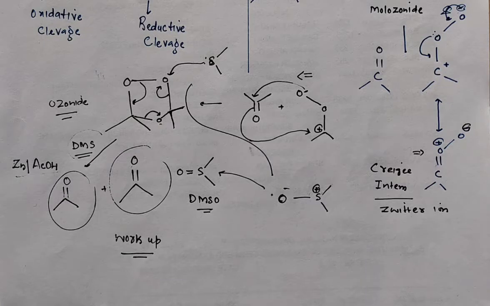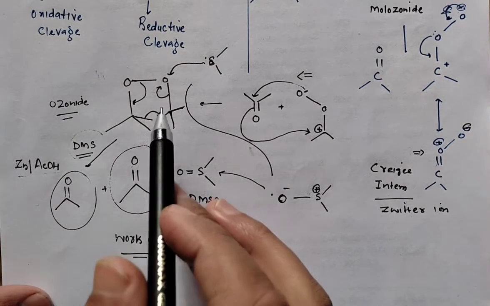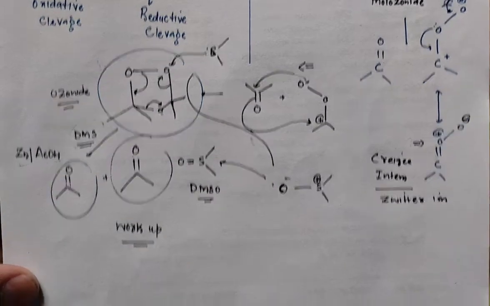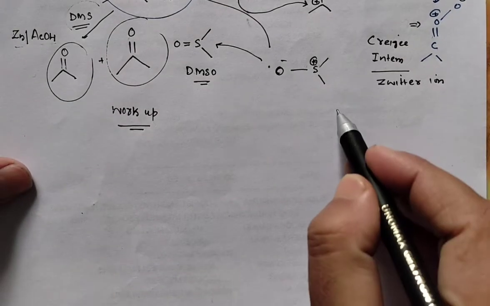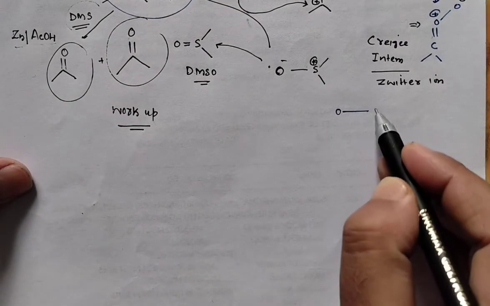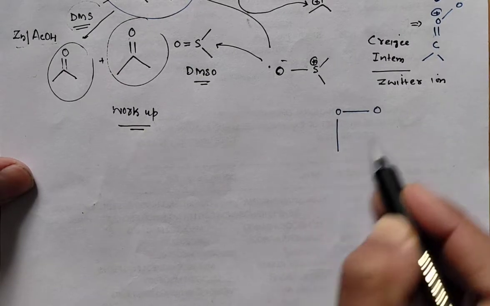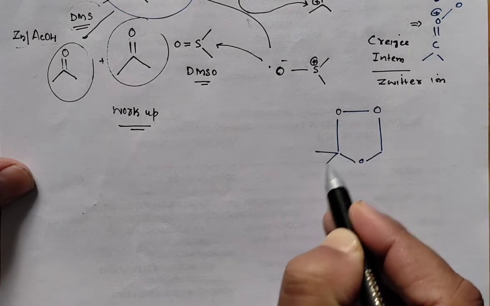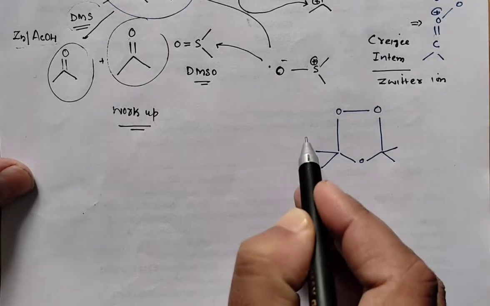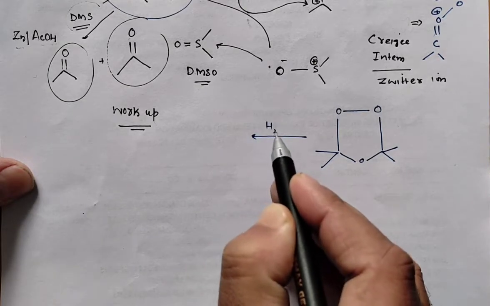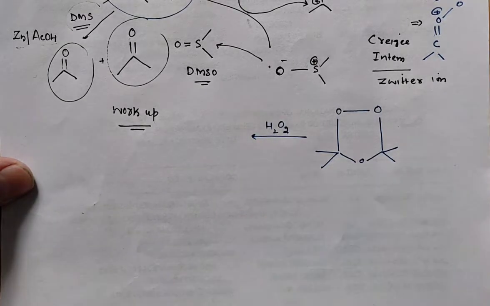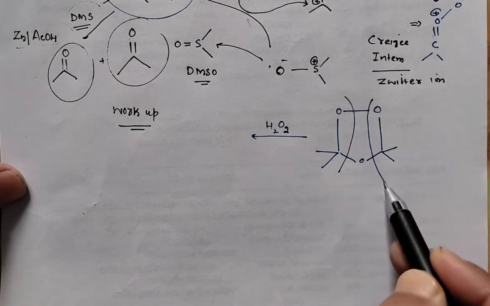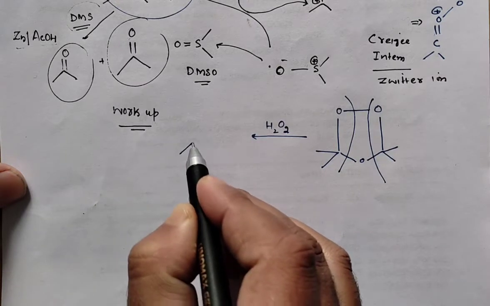Now if we talk about the oxidative workup, what do we do in the oxidative workup? This molozonide, this one, let's show it here. So if we talk about the oxidative workup, this was our ozonoid, not molozonide. When you talk about the oxidative workup, we are using the peroxide, which is an oxidant or oxidizing agent. So what you have to do is a very simple trick, just break it here. So you will get 2 molecules of